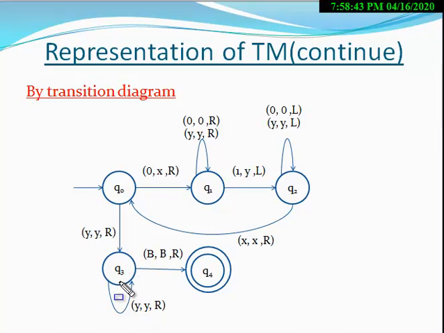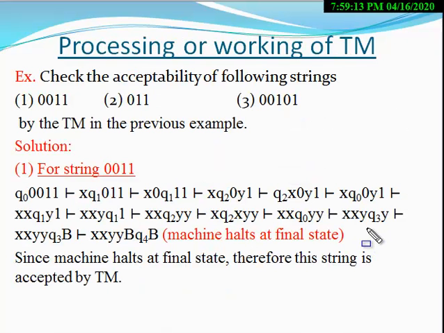This is the loop. It means no state change here. And Y is also not change. Machine only move to the right direction. In this situation, machine only move to the right direction. So now apply this transition rule in the current ID. So current ID at that time is here. So Q3YY machine move only in the right direction. Machine move to this ID. Machine move from this ID to this ID. Now the current ID is this.